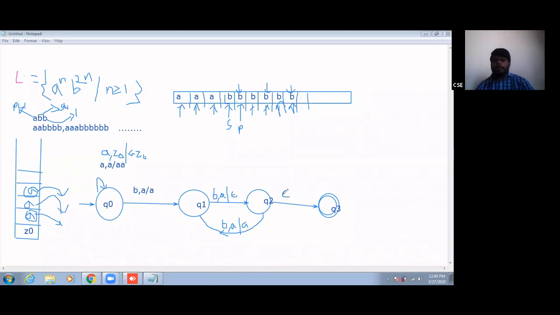If you want a final state, after completion of the input string it will be epsilon, and the topmost symbol of the stack is Z0. So it goes to the final state. So this is the final state. This is a very simple construction of the push down automata. The only thing is you need to understand the